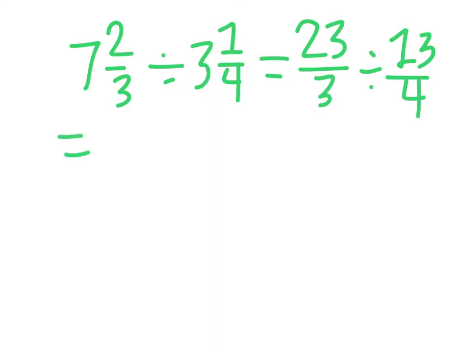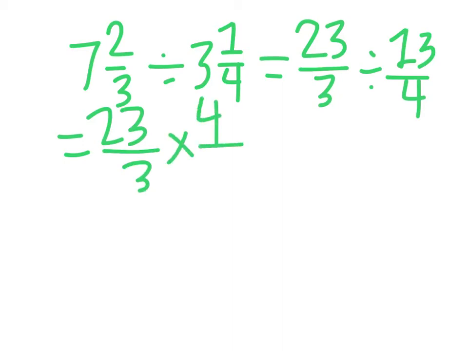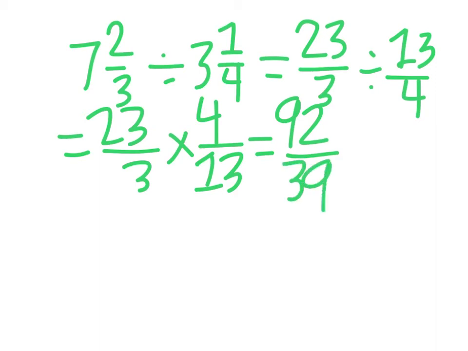And then we're going to take that 23/3 and multiply it by the reciprocal of 13/4, which is 4/13. And then we're going to want to multiply the 23 and the 4 together to get 92, and multiply the 3 and the 13 together to get 39, which can't be simplified. So our final answer is